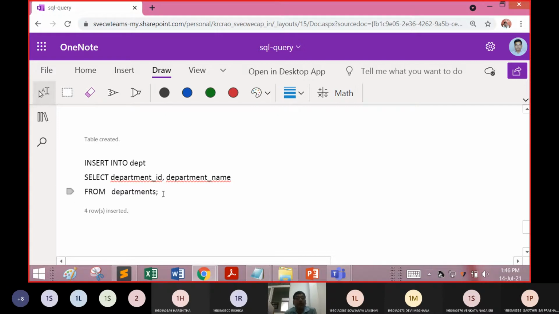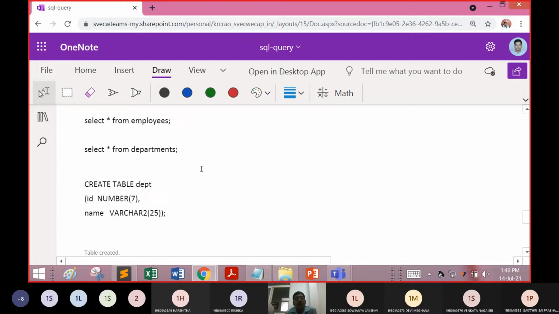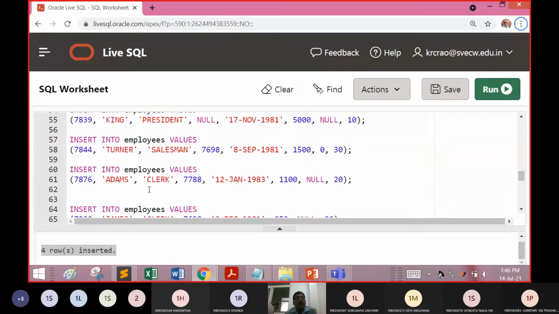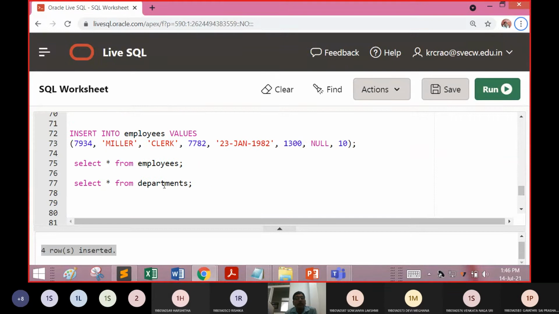Have you worked on this query earlier? Yes or no? Yes, sir. We didn't work on this type of query earlier. We directly made an insert operation and used to give the values manually. But now, we have the department table, that is select star from departments.